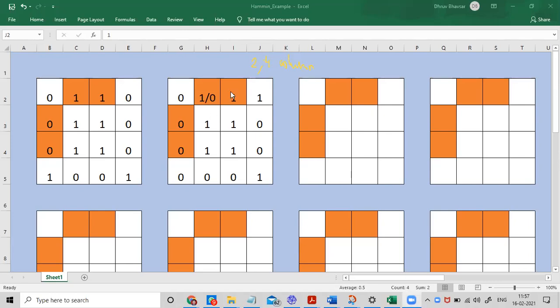After that, I will check this one. There is no need to write this 0. So for this one, what I'll count is this 1, 2, 3, 4. Again, there is an error. Okay. So now it should have been 0 if there is no error. So if we assume that there is an error, the error is in the third and fourth column. Okay. So what do we infer from this?